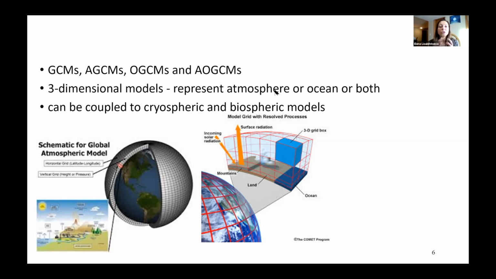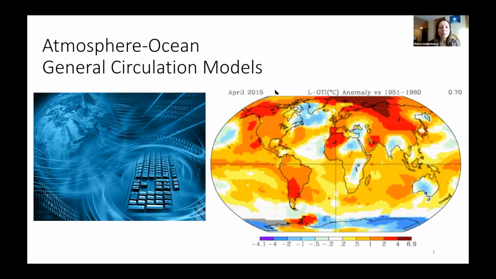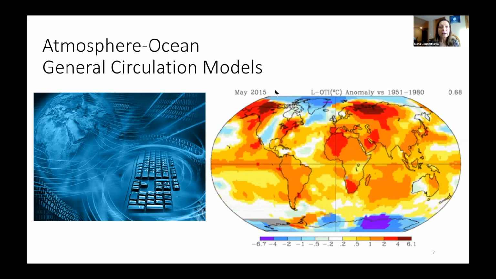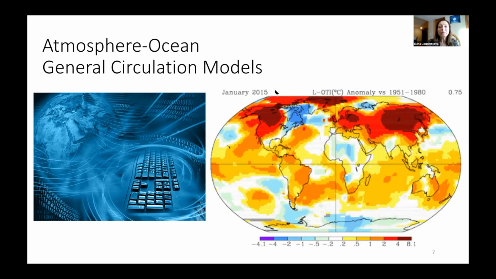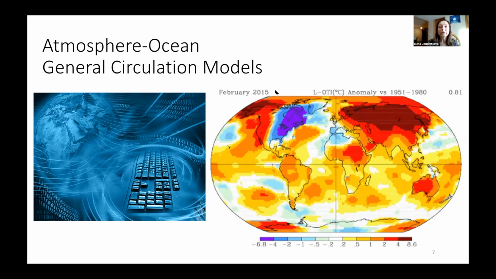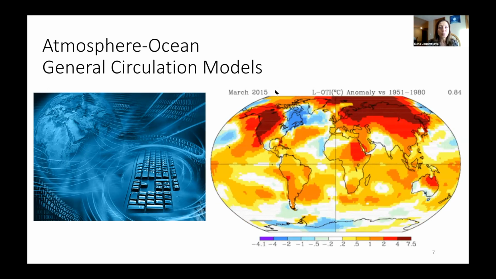You can think of the whole representation of reality in those models as many, many little cubes, right? Think of them as the so-called voxels. A pixel is one square on your computer screen. Here we're talking about voxels, basically these little cubes representing the discrete elements within our climate system. And these AOGCMs are developed by a number of leading climate centers all around the world.